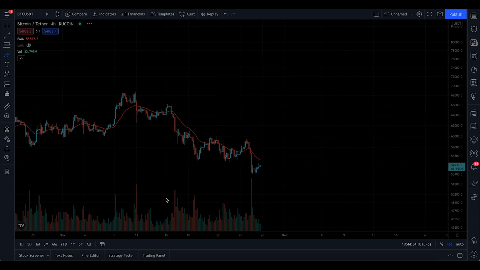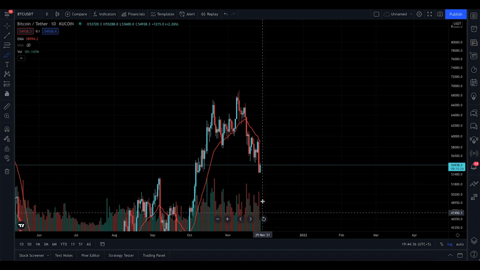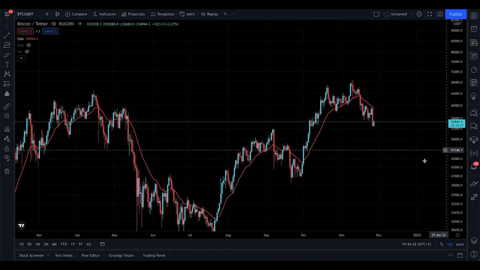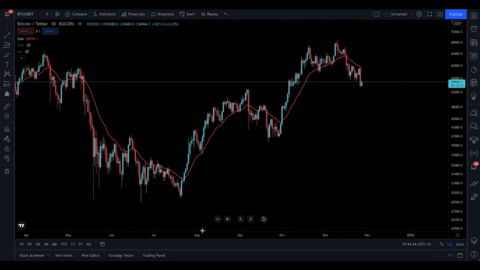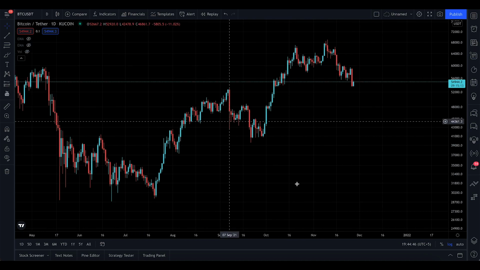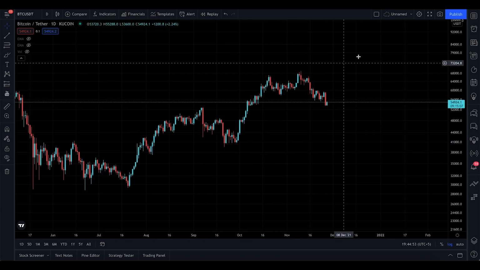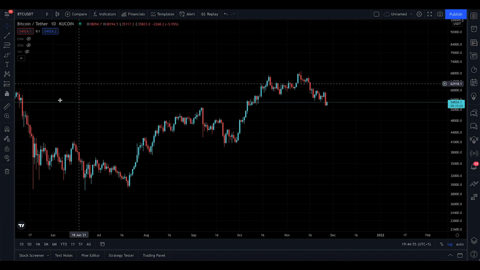Now before that, I want to do a small experiment with Bitcoin here, and the dumps that it has been doing. I'm just gonna hide the volume here. I'm gonna bring the charts up there, and let's zoom in here. Let's hide the EMAs as well, and let's talk about where Bitcoin can go next, and why I think it's gonna go to that price level, which is logical.